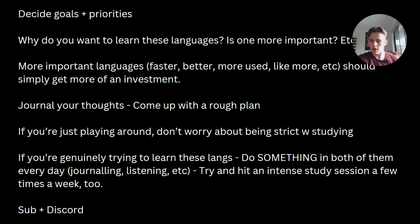So decide which one is more useful. Are you going to use it more? Do you like it more? Is it easier? You could potentially learn it quicker, etc. Just basically go through all of that. And then I want you to